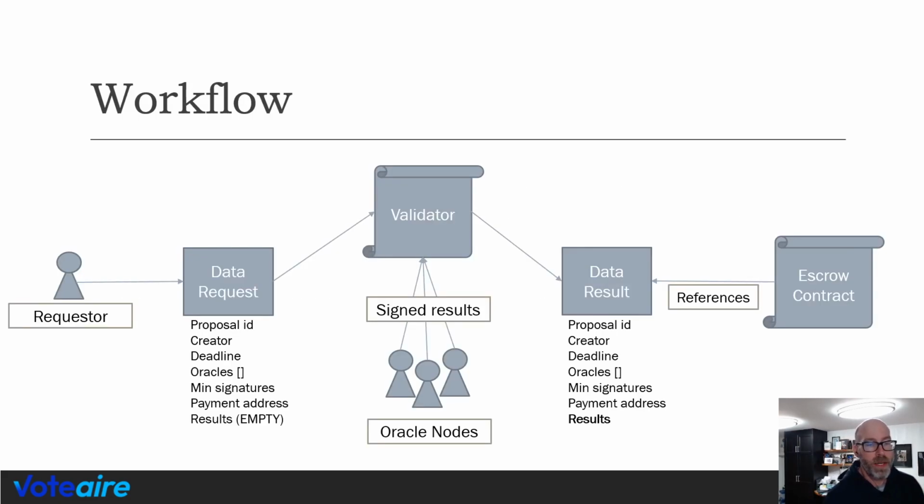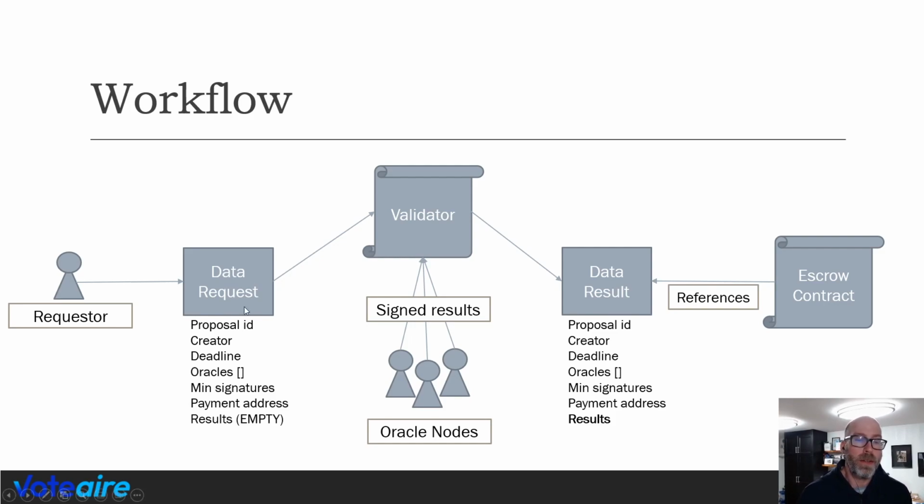So the workflow, the way it works is you have a requester, someone who has created a ballot and is going to want to use the results of that ballot in their contract. So a requester will create a data request, which is a UTXO on-chain, that has the following information in it. It'll have the proposal ID of the ballot, the creator of the data request, so that they could eventually get their